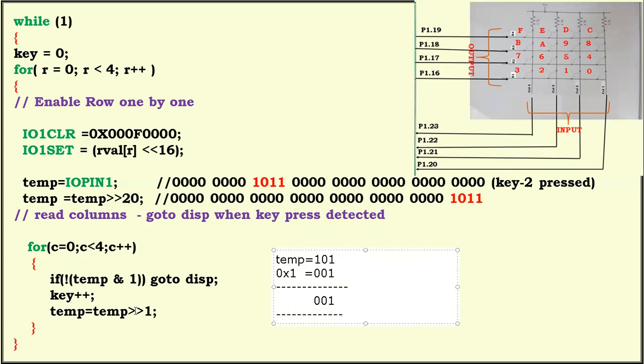Okay, key becomes 2. Then shift once again. If we shift, then this value comes out. Then we have to mask with what? This value. Then what will we get here? We'll get 0. See here 0 into 1 0, 1 into 0 0, therefore 0. Here the whole expression is replaced with 0. 0 means what? False. Not false, true. True means what? Go to display. Then it takes you to that particular program. Now I'm just going to see that.